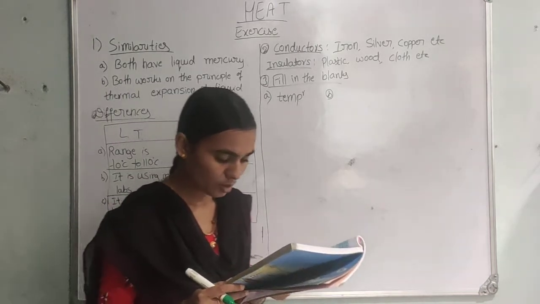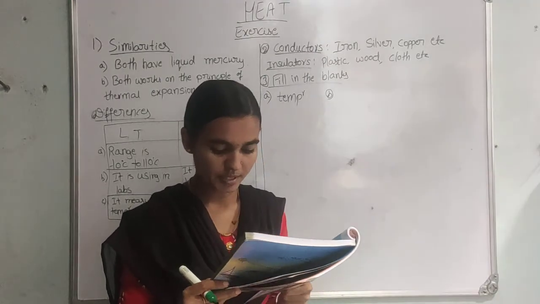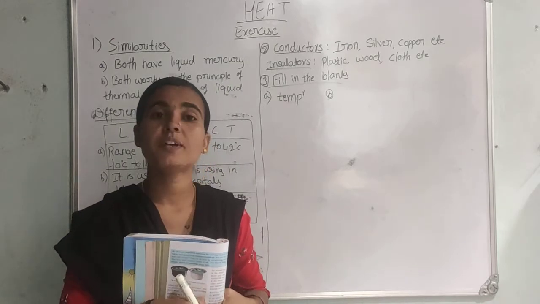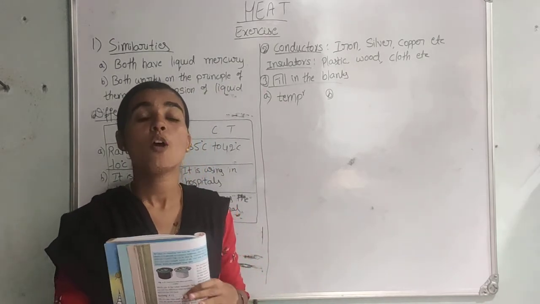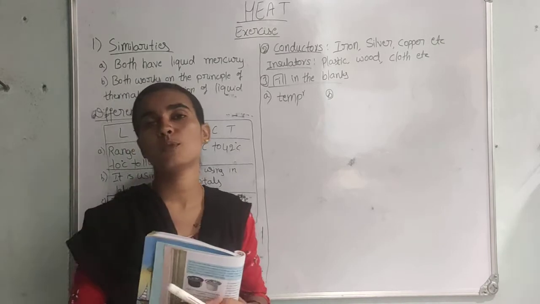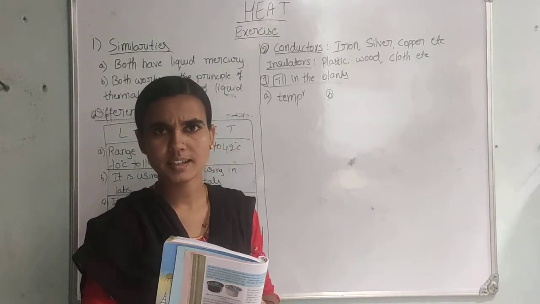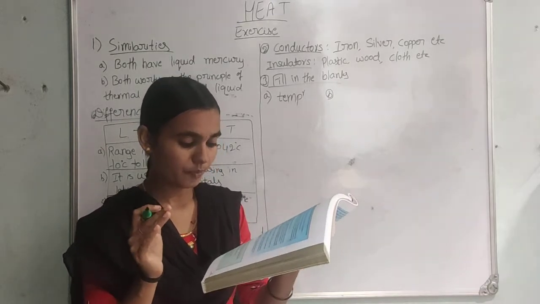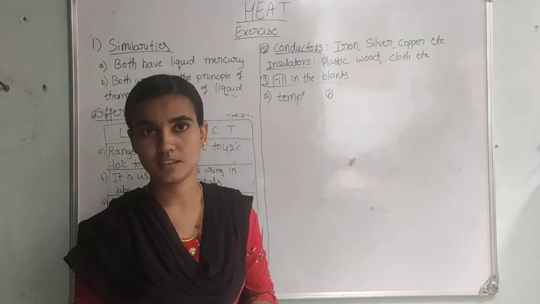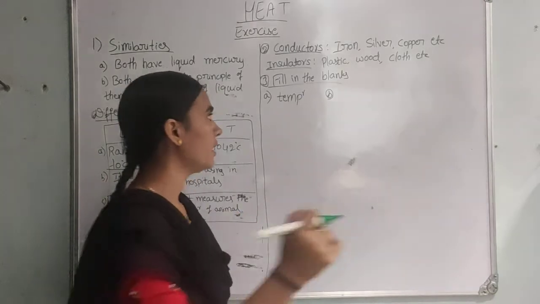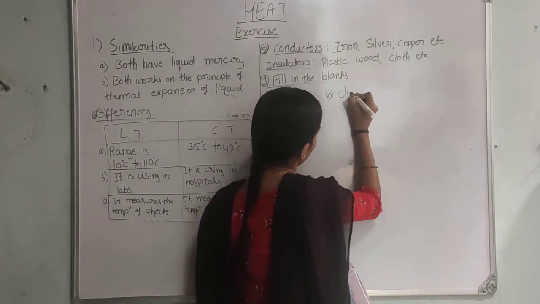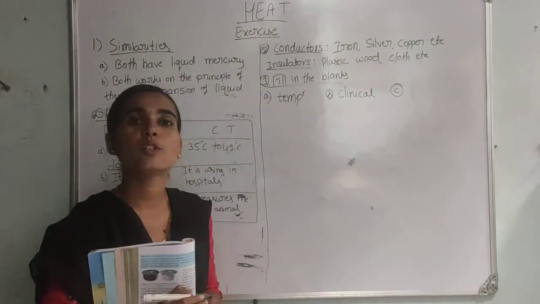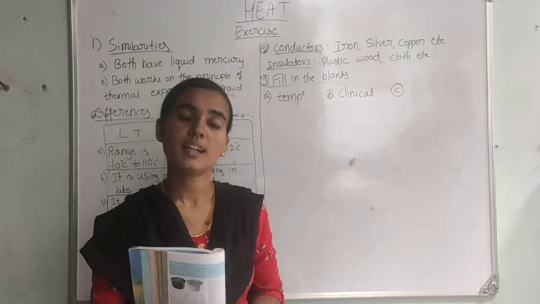Second one, temperature of boiling water cannot be measured by dash thermometer. Here a liquid is there, and for that liquid we have to measure the boiling temperature. For measuring the boiling temperature, which thermometer are you using? Are you using a clinical thermometer or a laboratory thermometer? Just think, they asked cannot be measured. So here we are not using the clinical thermometer, but we are using the laboratory thermometer for measuring the boiling temperature of a liquid.